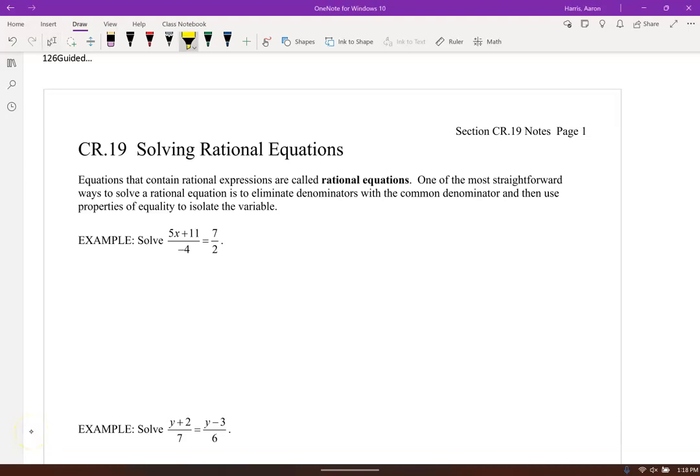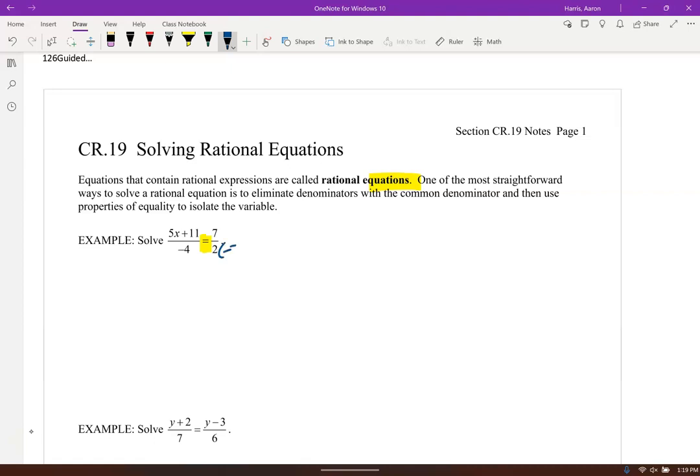Now we've dealt with some rational expressions. Now we're going to do rational equations. So we've just got an equation sign involved. And so one of the easiest ways to do this is to just multiply by the least common denominator on both sides. If, for example, they're on the same side, you would want to get a common denominator